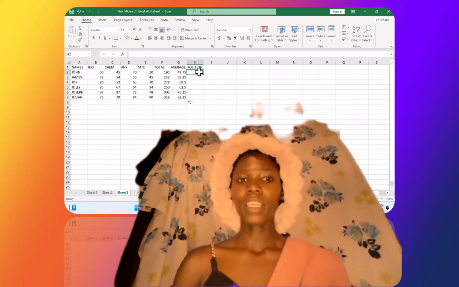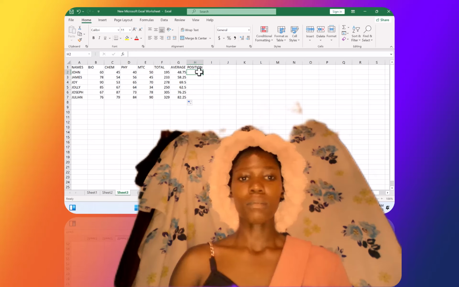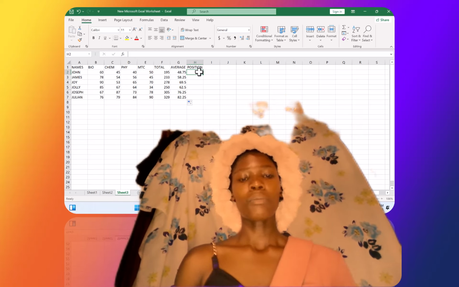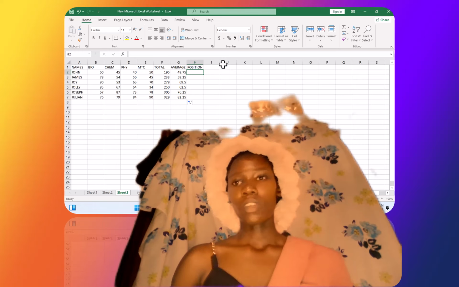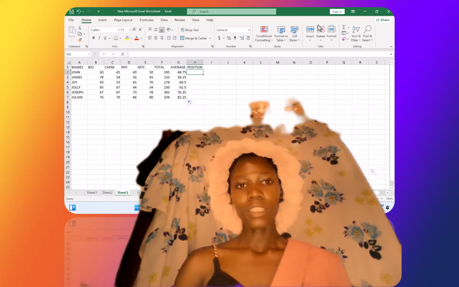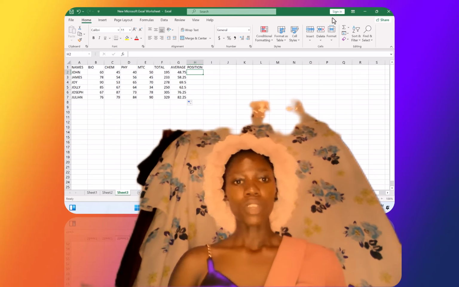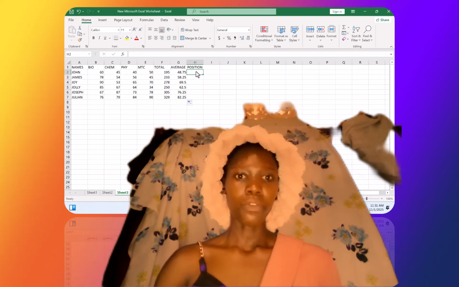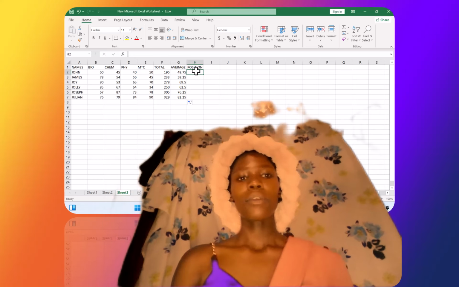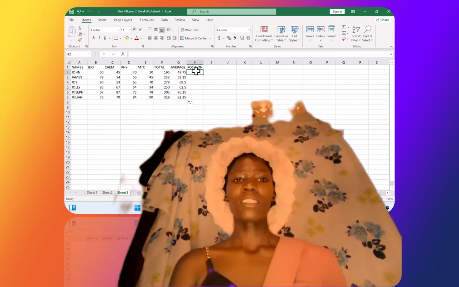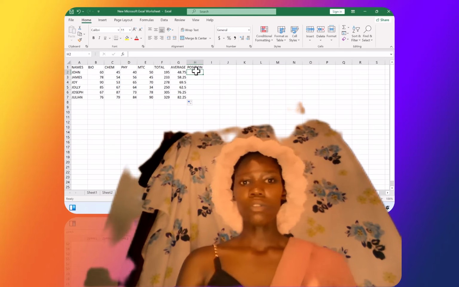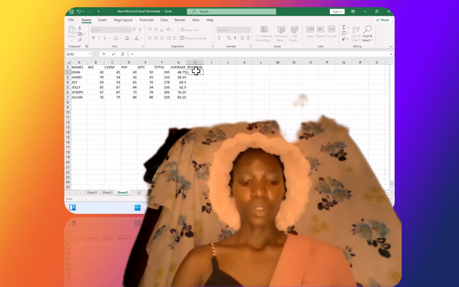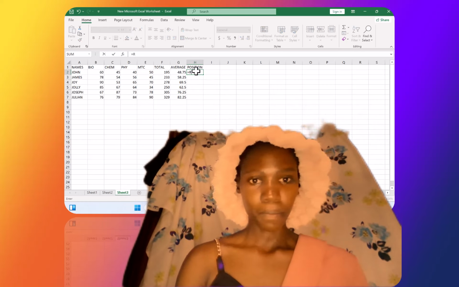This one is ranking. Position is to rank somebody. So we are going to use an appropriate formula for this, so that we can rank each student basing on their performance. We shall use the formula for ranking. We can either use the total marks or the average, but since we have already got the average, we shall use the average. So when you are ranking, you put your equal sign, you type rank,